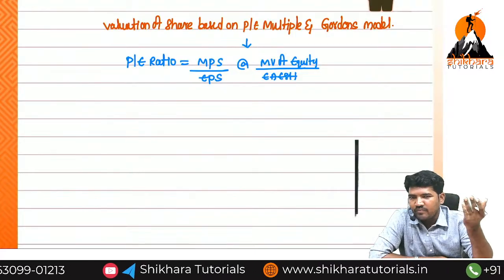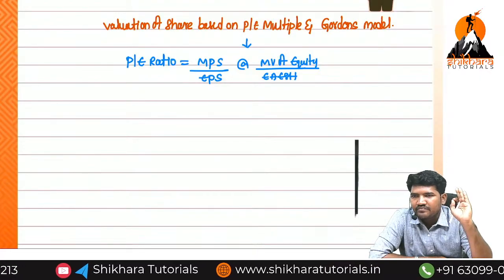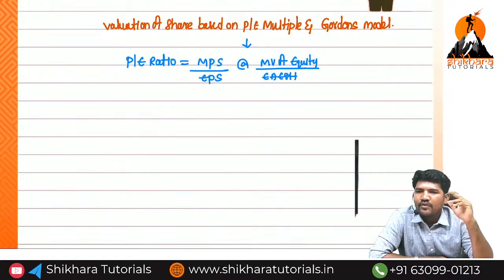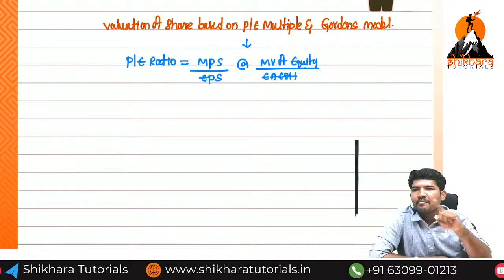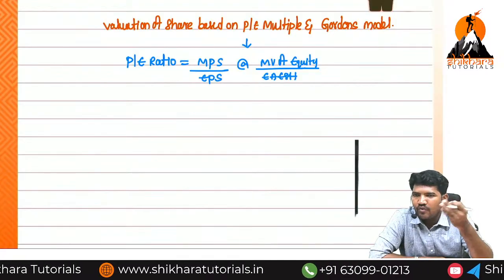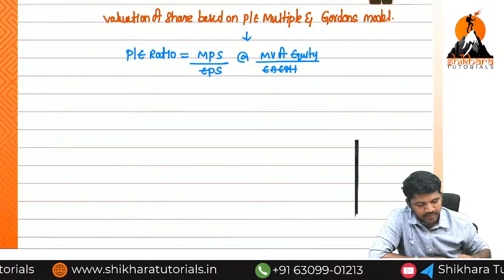If it's a low PE ratio, it's best to invest. If it's a high PE ratio, don't invest. So how do I know, sir, whether it's low or high? By comparing two companies. Yes or no, sir? How can I say it is high or low? It means I have to compare with two companies. For example,